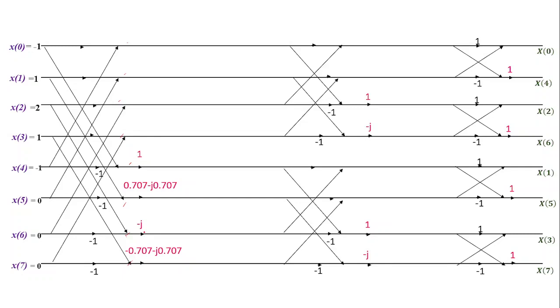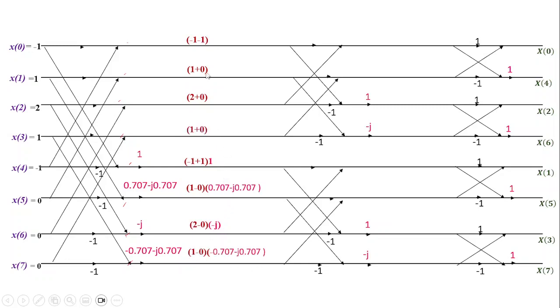So here it's going to be -1 and -1. So -1 plus -1. Its pair is going to be -1 minus -1 into the twiddle factor. Then for the next one, 1 plus 0. So 1 plus 0 is going to be A plus B. So here it's going to be A minus B into the twiddle factor. So 1 minus 0 into the twiddle factor. Here it's going to be 2 and 0. So 2 plus 0, your pair is going to be 2 minus 0 into the twiddle factor minus j. Here it is 1 and 0. So 1 plus 0, 1 minus 0 into the twiddle factor.